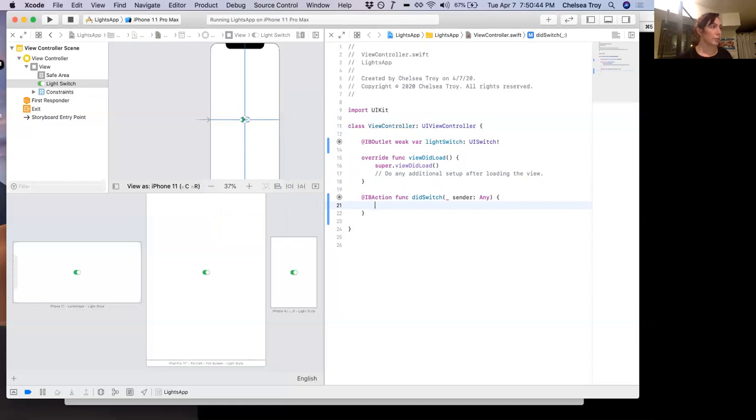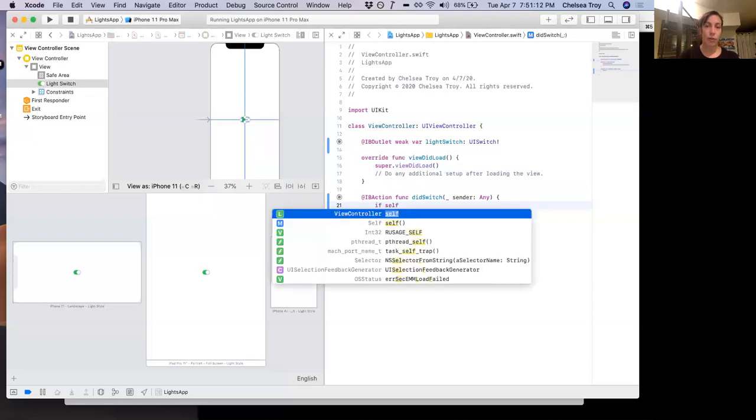All with me? Cool. So what this action's going to do is it's going to be triggered every time we flip the light switch. So now what we'll do is we'll make the background yellow if the switch is on and black if the switch is off. So here,